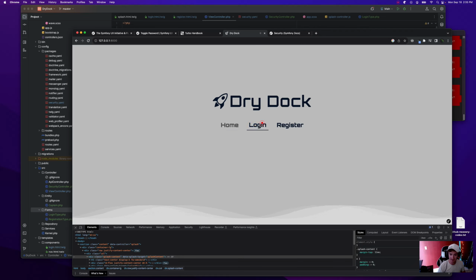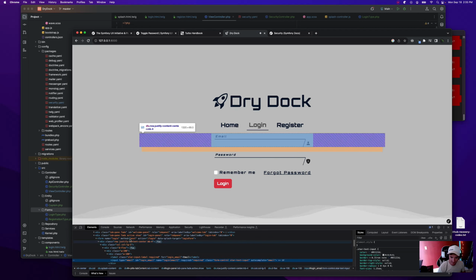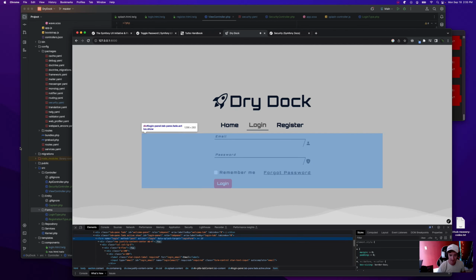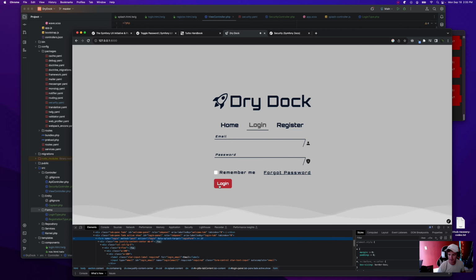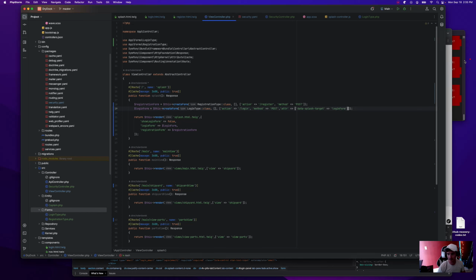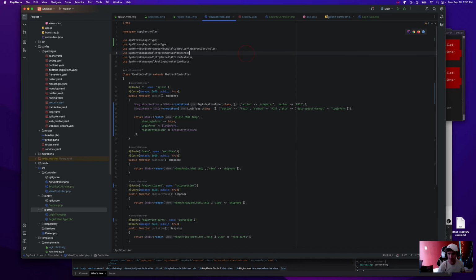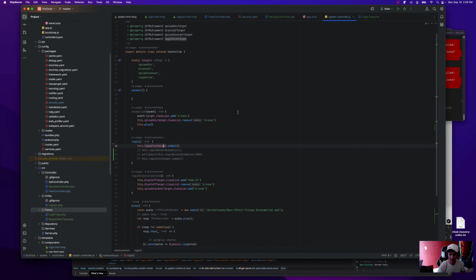I've never actually done one of these loading animations like this, just spinners, but not like a full page one. Seem to like that better. A little bit more involved. But now, there we go, data splash target login form, and no JavaScript errors. Cool. Webpack's not running. That's an issue. Sweet. Now let's see if that login actually works.